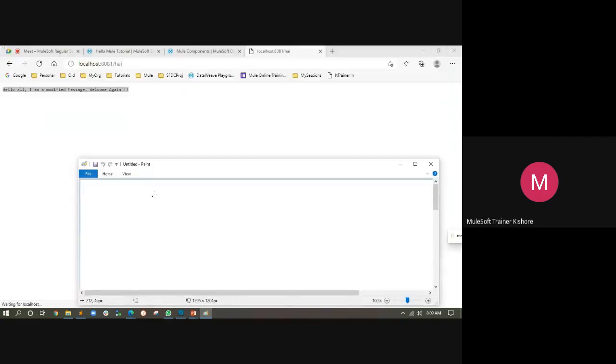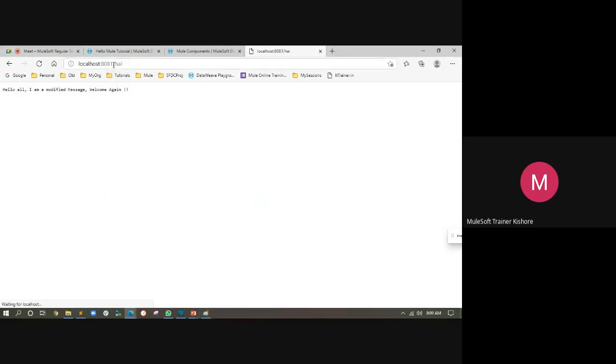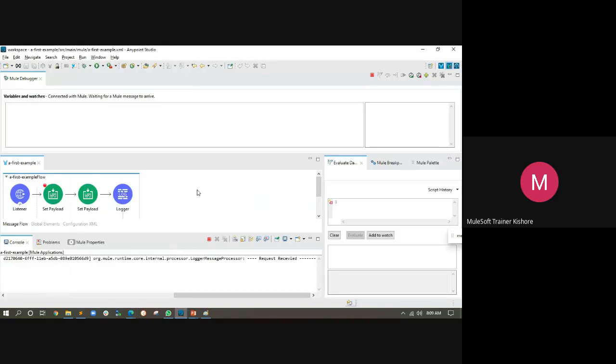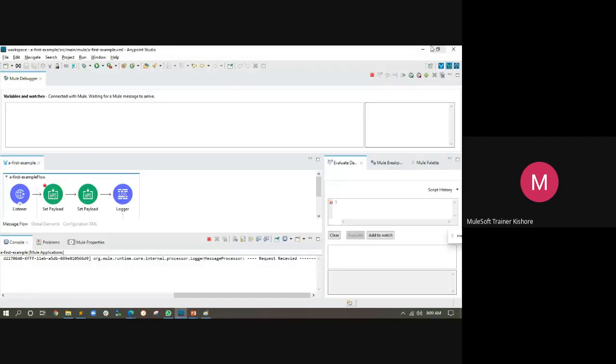So in the same way here, whatever your HTTP request carries, what HTTP is doing, it is sending something, and your Mule flow is returning something back to your browser. So someone is carrying something from your application to your browser. That is why it is being called a payload.